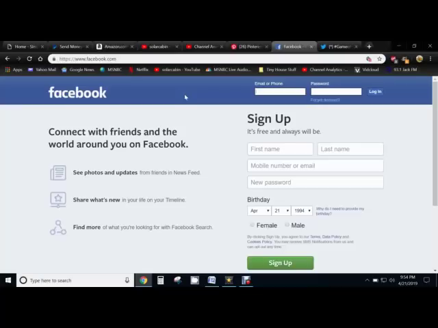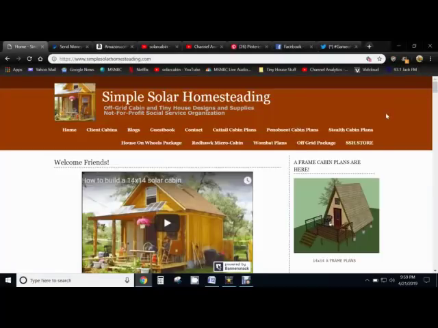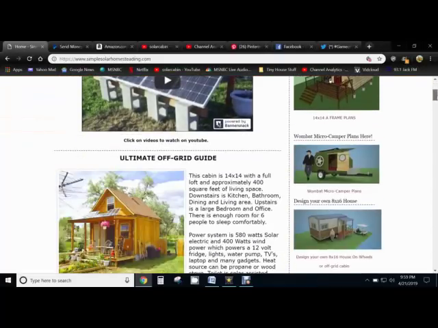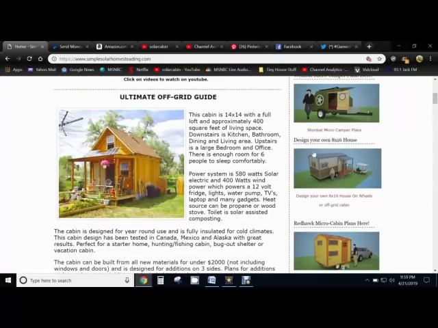Still, Facebook is extremely popular, and it's a good way to get people to notice your books, ebooks, and videos. It's not the best way to advertise ebooks and books, though. I would still say Pinterest and YouTube are probably better than Facebook for that sort of thing. Now, that's just 3 of the top examples. There's a whole lot of other social networks out there, Reddit and all these others that you can look up. Just find out what social networks are popular with the people you are trying to reach as your customers, and then use those social networks.